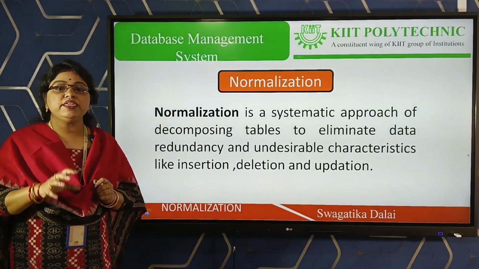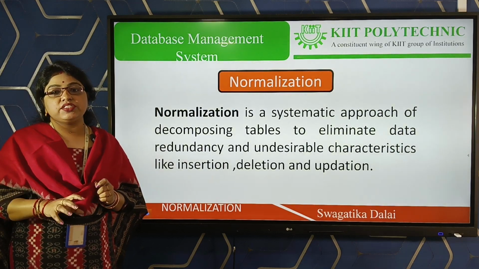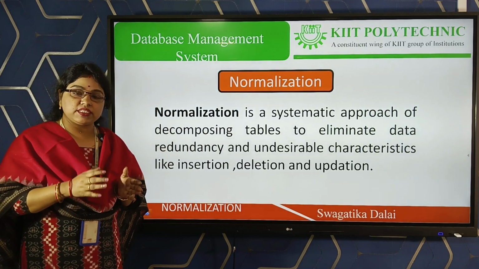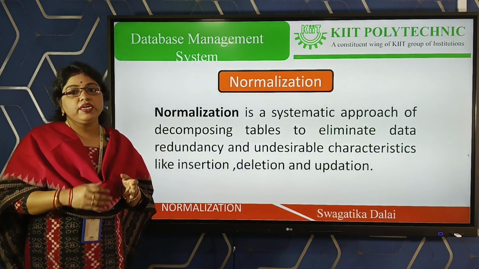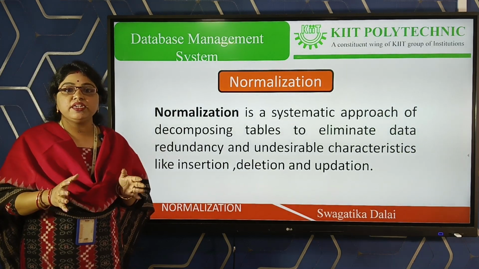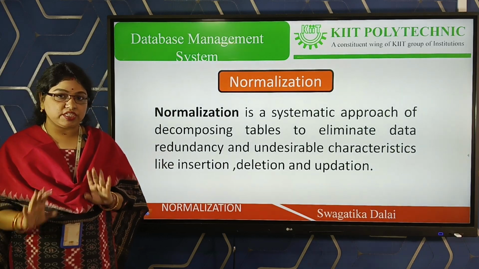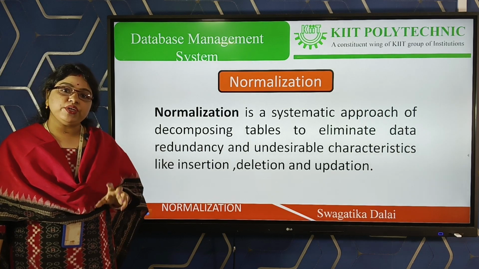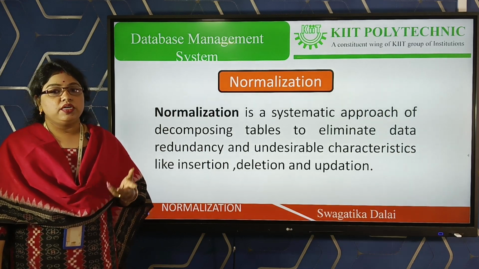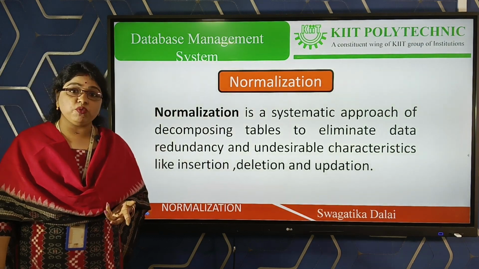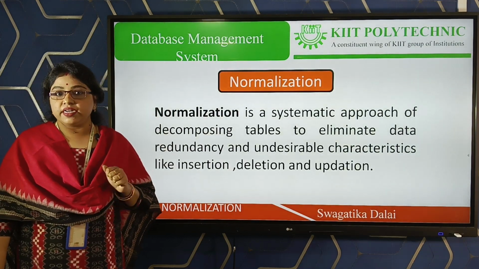Redundancy creates different types of anomalies like insertion, deletion and updation. And by applying this normalization process, we can design a good database by removing all these anomalies from the relational database. So before going to discuss the normalization process, let us discuss what the different anomalies present in the database are.